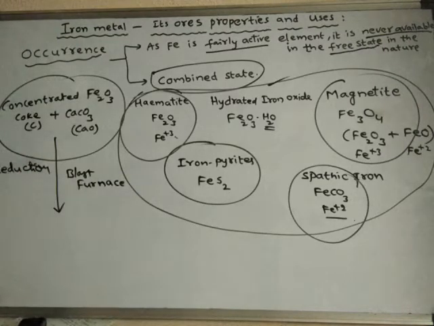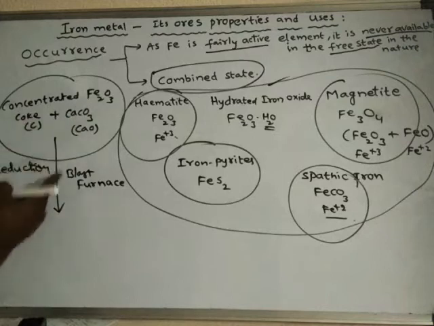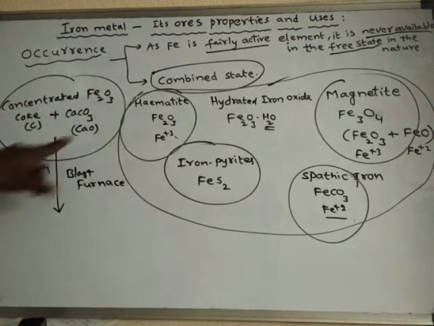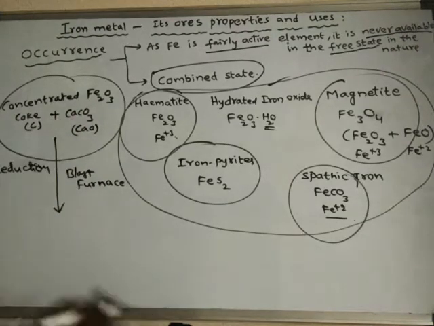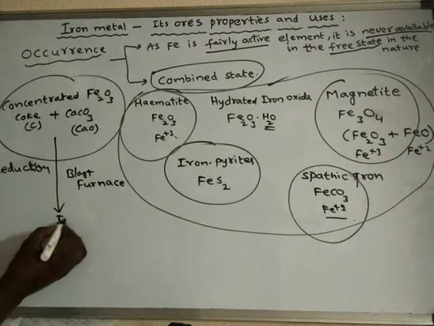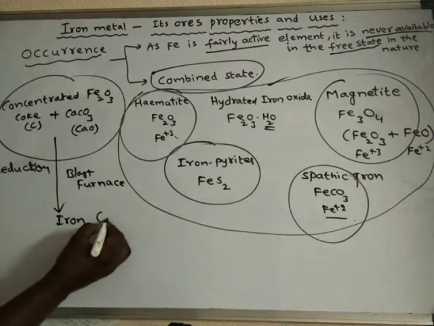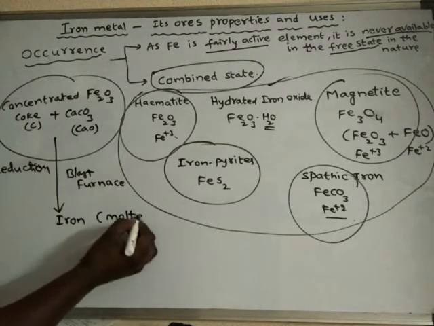And finally we'll get the iron metal. So iron oxide is reduced to iron metal, which is available in molten state,